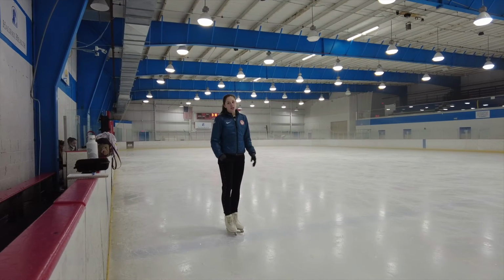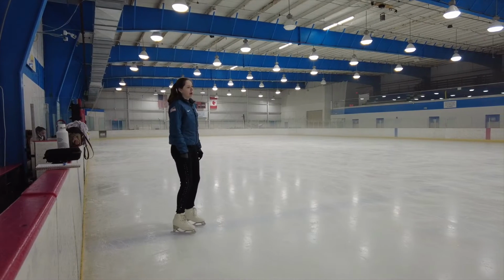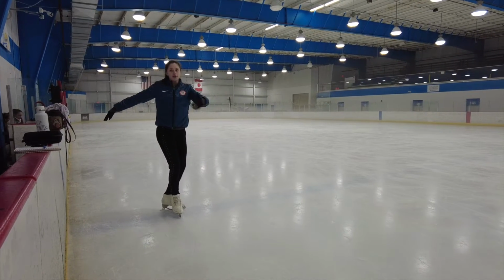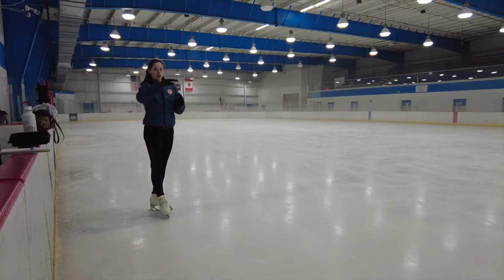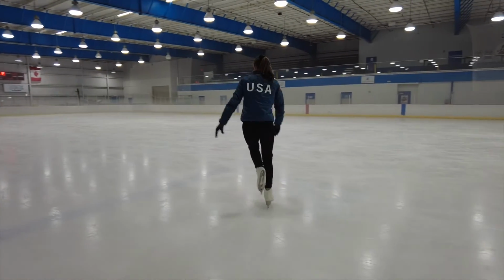So now what we're going to be doing is we're going to be doing some inside edges. So I'm going to get into a T position. I'm going to have my right foot in front of me with my left foot behind me, and I'm going to have left arm in front and right arm to the side. So I'm going to bend my knees. I'm just going to push off, and we're going to be doing like these quick inside edges. So we're not going to be holding them for as long as we did for when we were doing the outside edges. So what we're going to do is we're just going to push off, switch our arms and bring our foot in front,